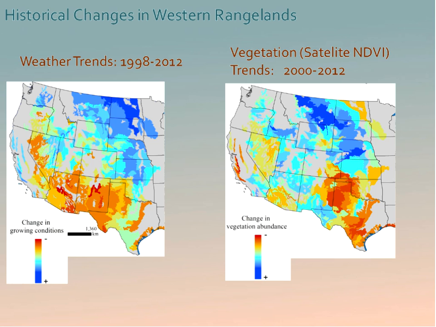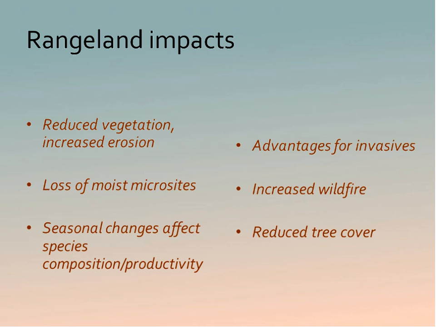In terms of general rangeland impacts, pretty straightforward story there. Reduced vegetation cover, increased erosion, some of that being wind erosion. So we might see, and have seen from the historical trends so far, more deposition on snowpack in some of the southern Rockies. Loss of moist microsites related to that, very important for things like sage grouse. And loss of